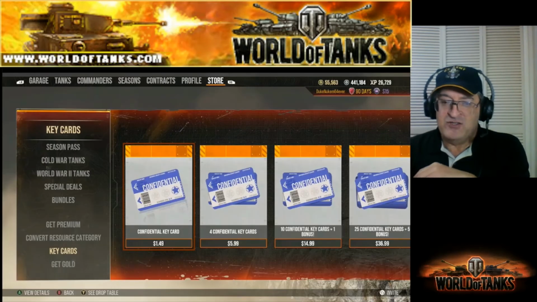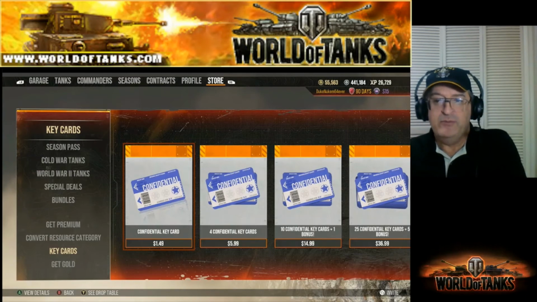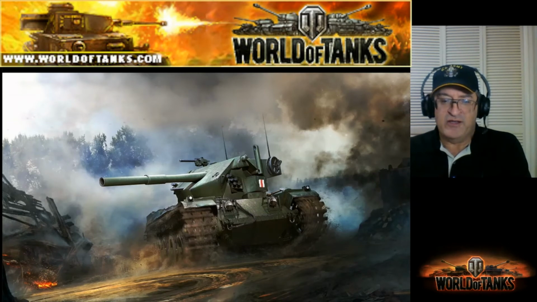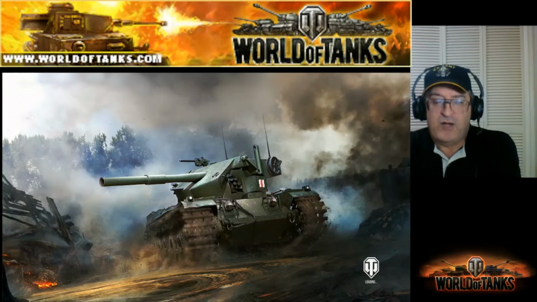It doesn't matter to me. So this is where, key cards, and it says, see the drop table. That's where we just came from, the drop table. So that was fantastic. Now it says we had network problems, but that's okay. We're covering this